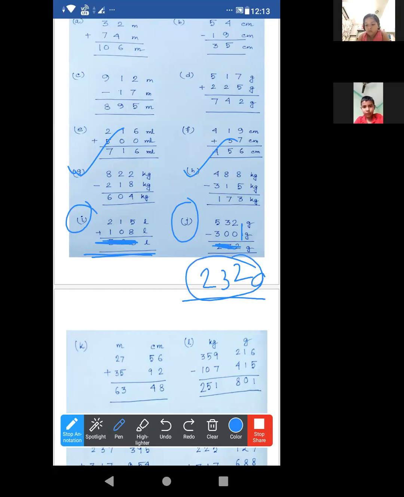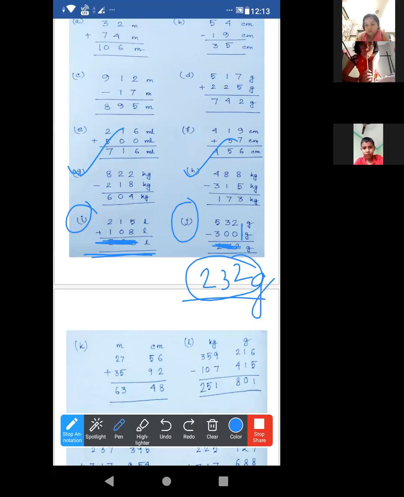Put the unit. I am saying it to you 2 or 3 times, put the unit, okay? Don't forget to put this unit, gram, liter, here. Because if you don't put the unit, maybe 1 mark is deducted, okay? Even I'll deduct the marks if I check the copy. So put the unit.